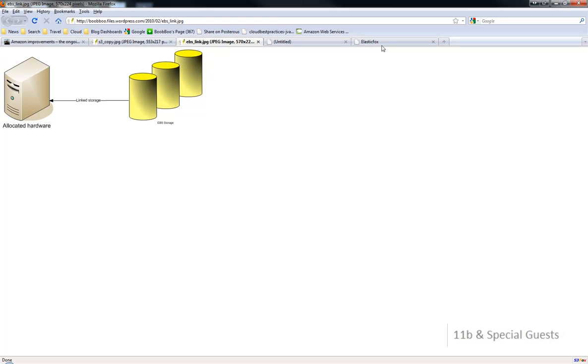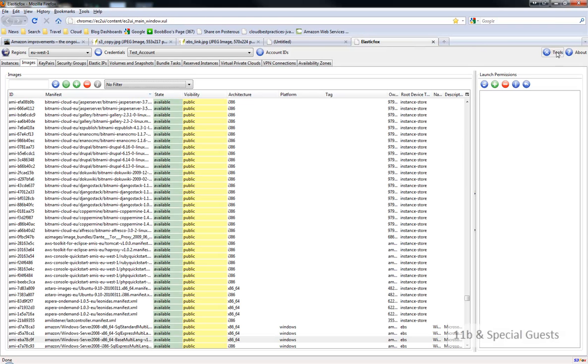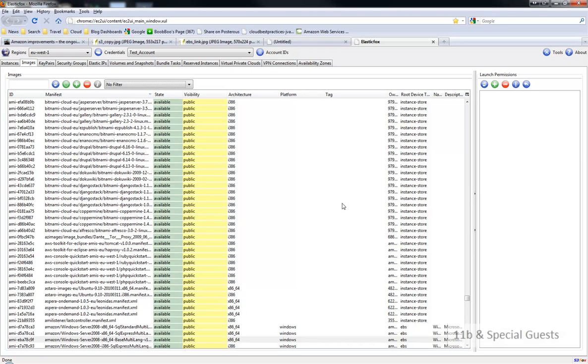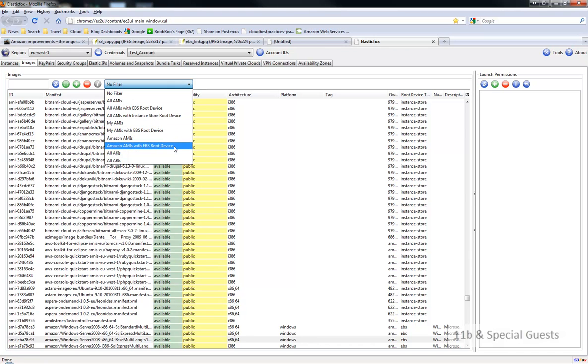First we go into Elastic Fox. As you can see, we're using Elastic Fox version 1.7, build 113. This uses the EC2 API released on the 30th of November 2009. So now what we'll do is we will filter the list of images to show Amazon AMIs with EBS root